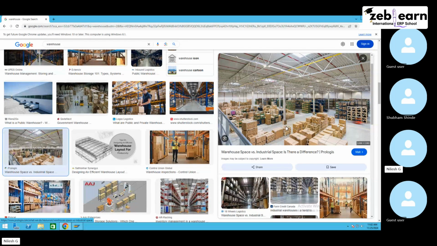Okay. So first of all, what we have to do, we have to create a sequence, like let's say sequence number 1 and sequence number 2. This is sequence 1, sequence 2. Okay. And then in that sequence, we have to assign the storage type. Means let's say this is 01, 02, 03, 05, 06, 07, like this. Okay. So for this sequence, we have to assign the storage type, while assigning, we have to